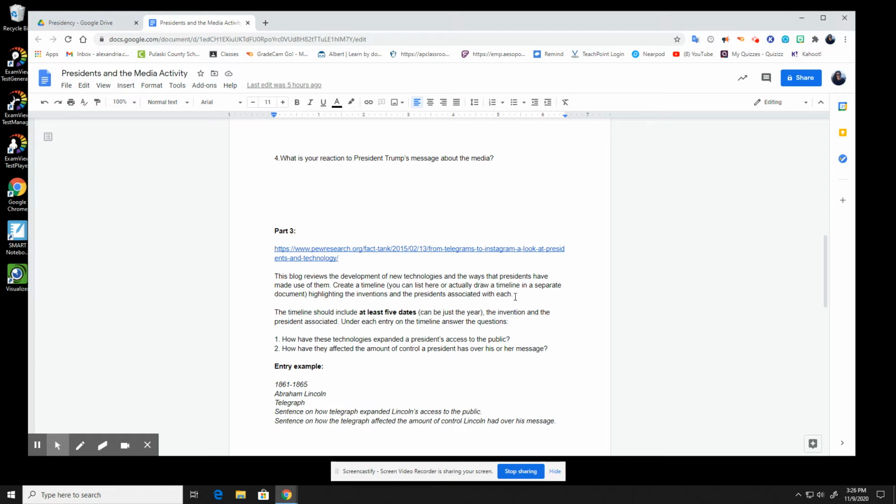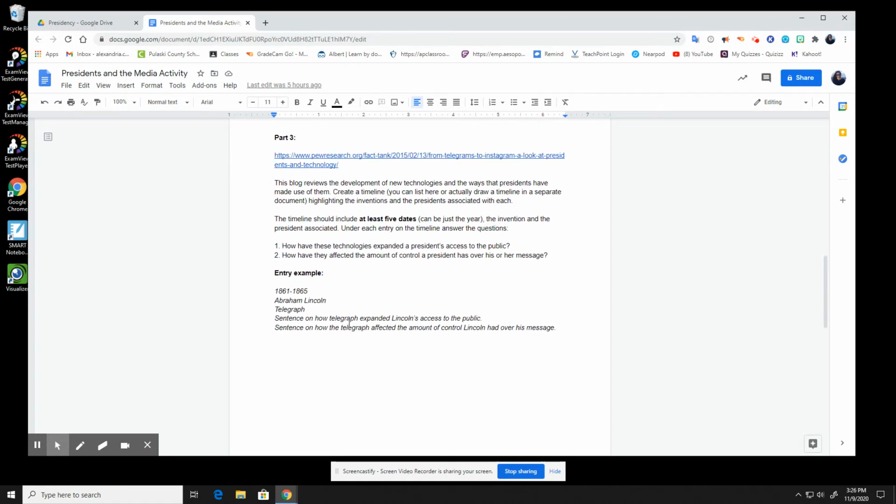You can either make a list under part 3 here on this document, or you can make a timeline in a separate document, whichever you would prefer to do, highlighting the inventions and the presidents associated with each. So you'll find that information in this blog. Your timeline should use at least 5 dates, okay, the invention that the president used, and then how the technologies expanded the president's access to the public